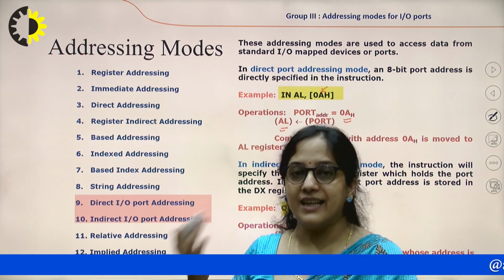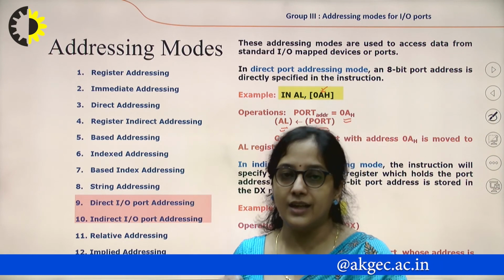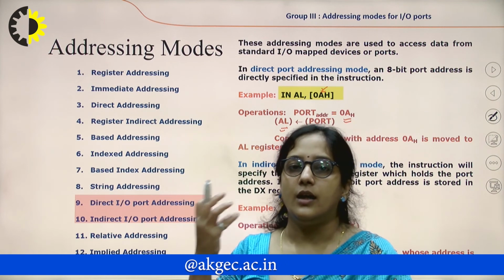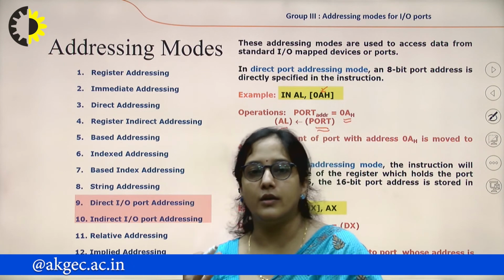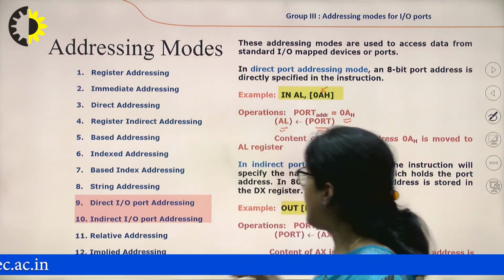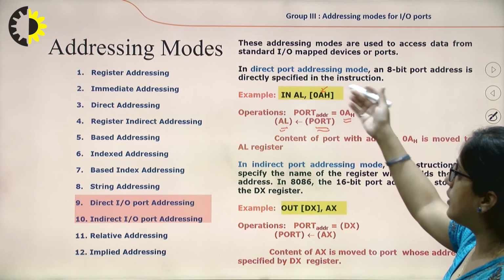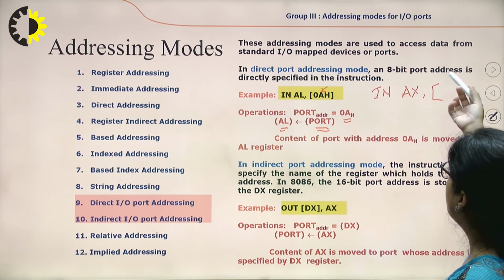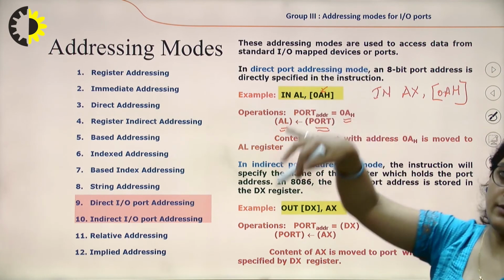And if we are writing something, that is displaying something on an output port, we use the OUT instruction. In that case the data from the AX or AL register is given to the output device, whether for displaying or printing. So in case of IN AL, 00H, we can also have IN AX with whatever address we have specified. Then 16-bit data will be transferred.